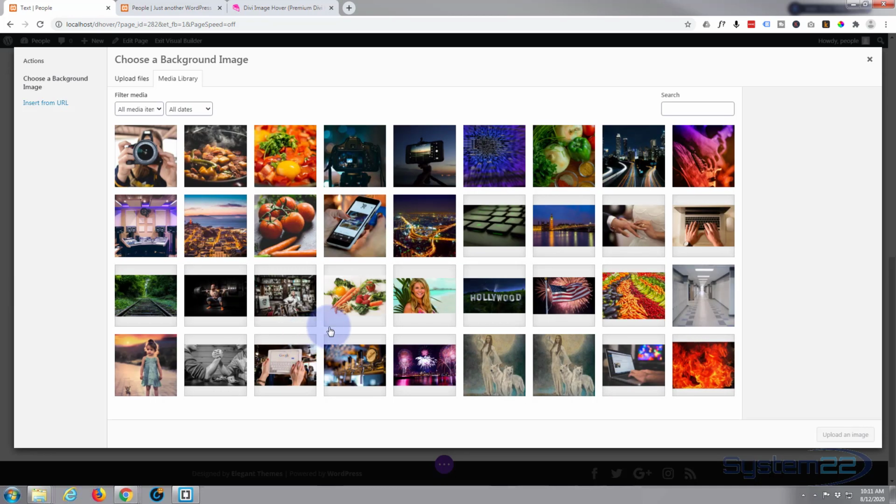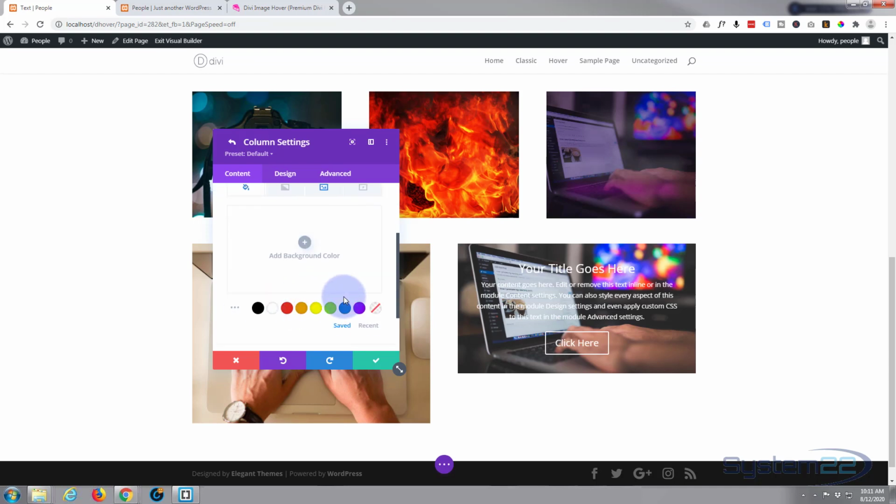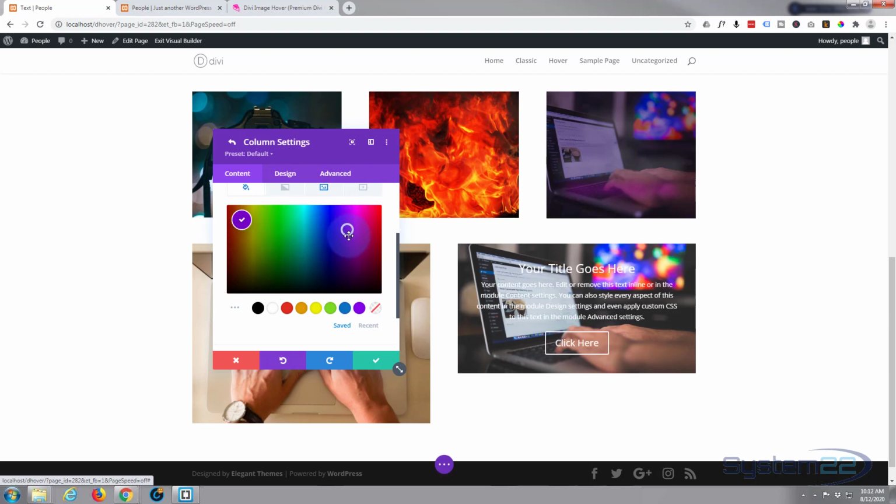I guess I'll grab that same little image. And we can see our writing now because our column has now got this image in the background. But that's not real visible there. So what I'm going to do while we're in our column background here, I'm also going to add a background color. Let's use purple. I'm going to make it fairly dark. Something like that there. Then if we go back to our image,